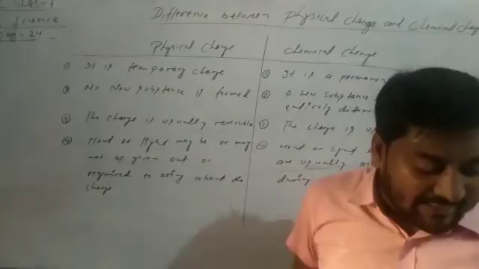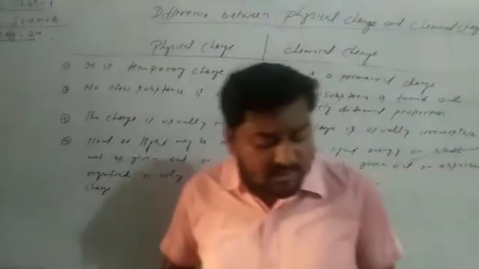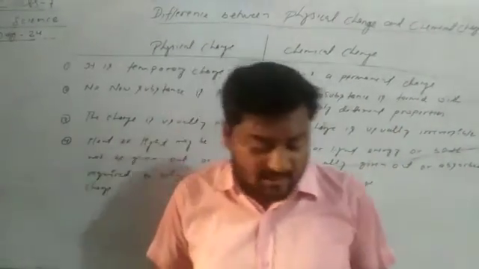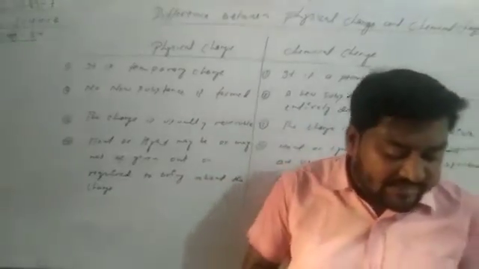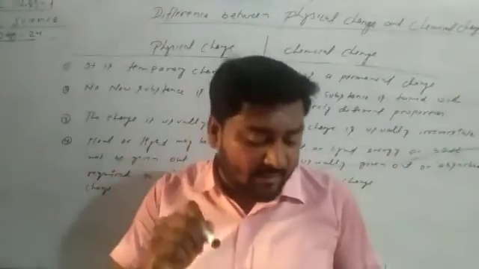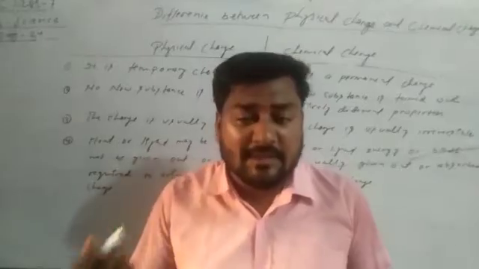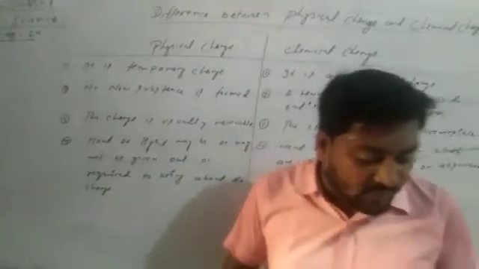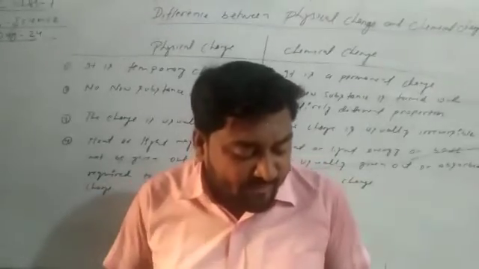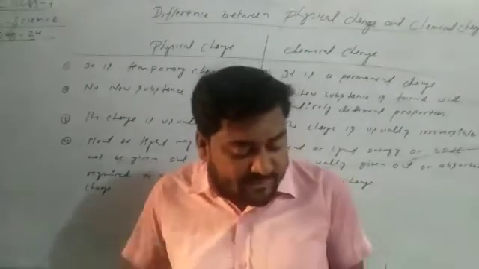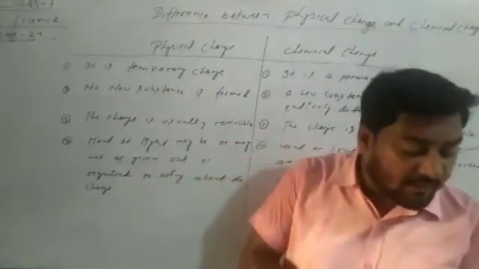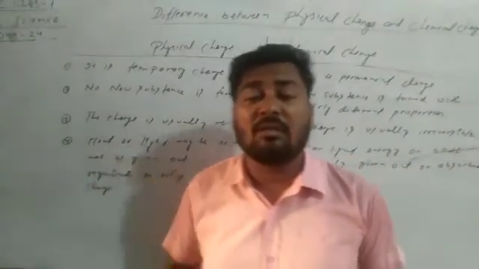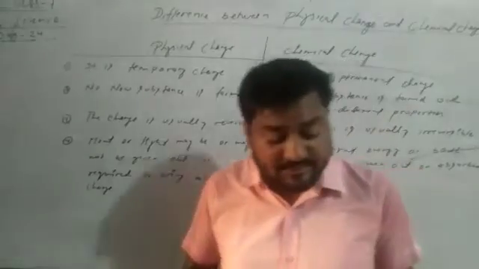Exercise. Let's move on. One type of question is fill in the blanks with suitable words. The second type of question is write the differences between the following: elements and compounds, metals and non-metals, solids and gases, physical and chemical change, atom and molecule. This type of question you have, and you have to solve it at home, dear students.